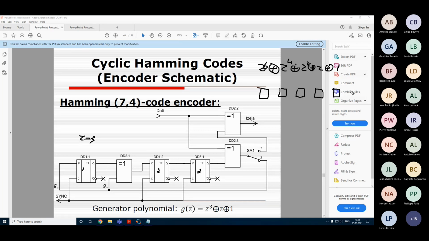That would be 5, and that would be 6. Now I need to decide where I need to put XOR. So this XOR is present always, regardless of your generator polynomial, because it adds together Z6 and 1, so Z0 basically. This is always present in any generator polynomial, and the remaining depends on the